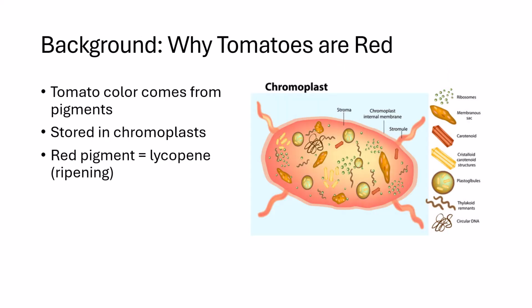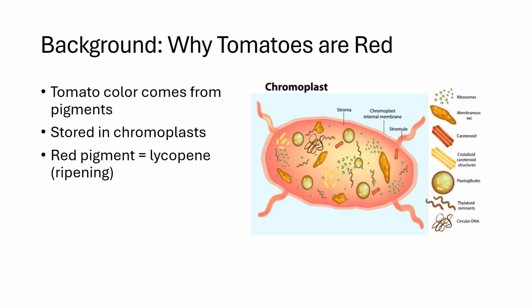Tomatoes develop bright red and orange colors because of pigments stored in special organelles called chromoplasts. Chromoplasts are a type of plastid that store pigments other than chlorophyll. In tomatoes, the main red pigment is lycopene, a type of carotenoid, and it builds up as the fruit ripens. These pigments are not just for show, they play an important role in the plant's reproductive success by attracting animals